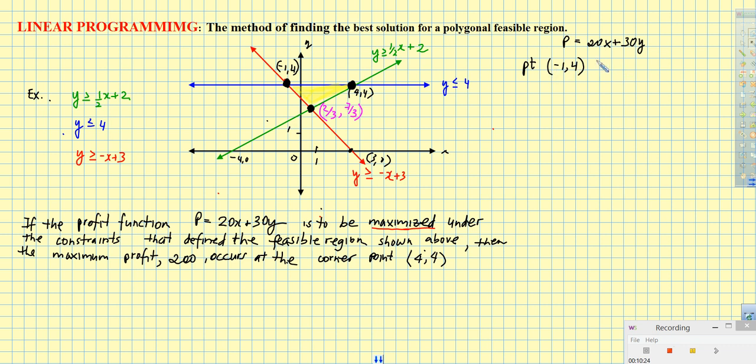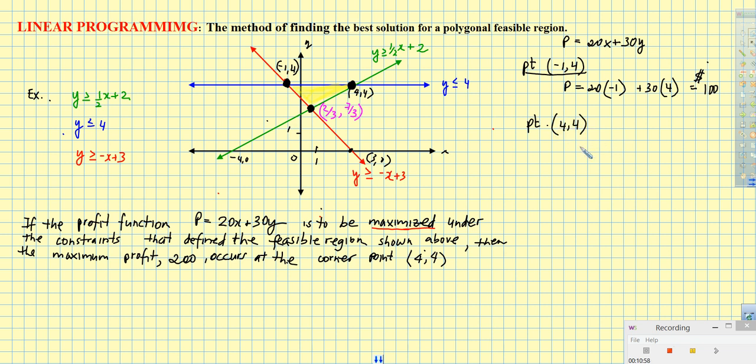If I choose negative 1 and 4, my profit would be 20 times the x, which is negative 1, plus 30 times the value of y, which is 4, and when I add that up, I end up getting $100, because 120 minus 20 is 100. So I know that my profit using this point, negative 1 and 4, is 100. That definitely is not the point that I'm looking at. We know the point already is at 4, 4, but I'm just showing you that when we go to the point 4, 4 now,